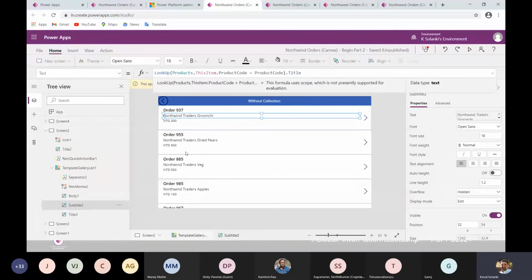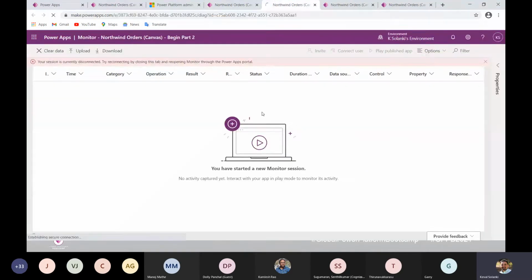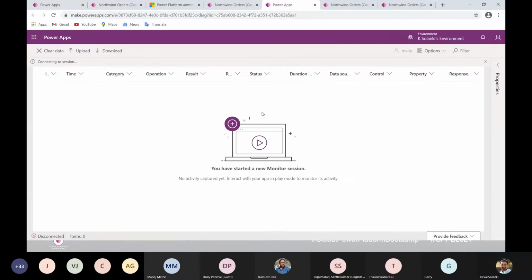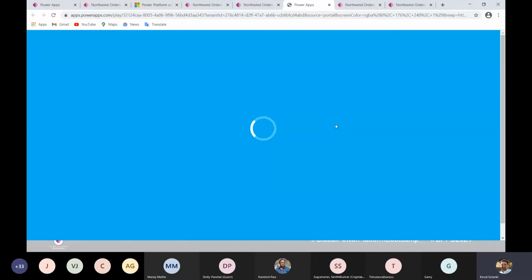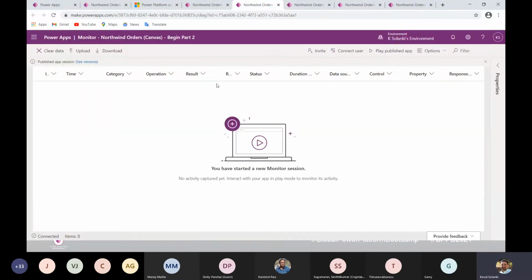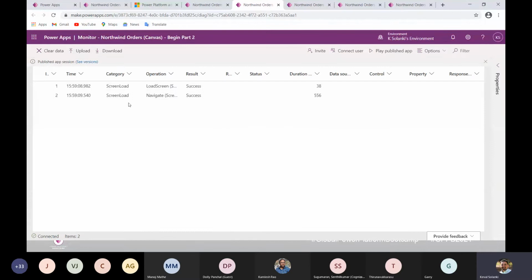Okay. Now let's see how it looks in practice in monitor. Okay, just a second. So I'm now playing this app, and you will see the practical demo of this in monitor as well.